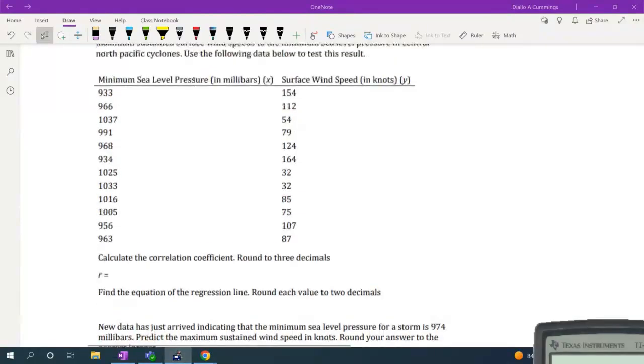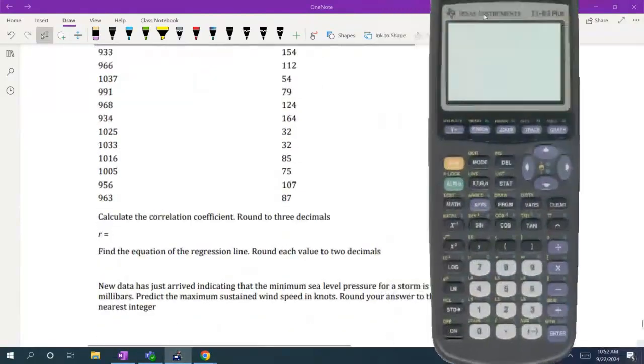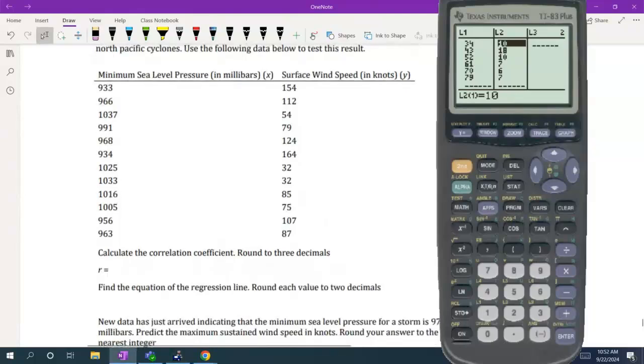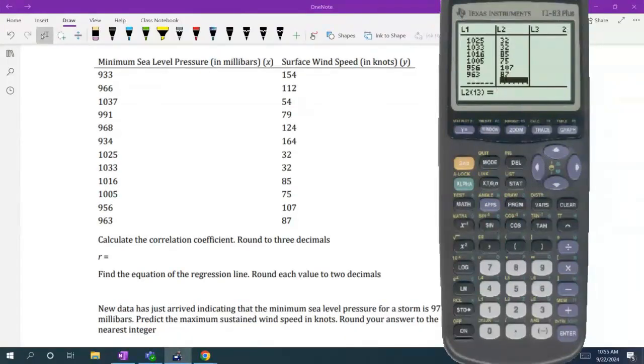So I'm going to put this data into the calculator. All right, so I'm going to first of all turn it on. I'm going to go into Stat and Edit. I'm going to put the minimum sea level pressure in L1. These are my X values. I'm going to put the wind speed in L2. All right, now that I have all the data in and it appears to be correct,